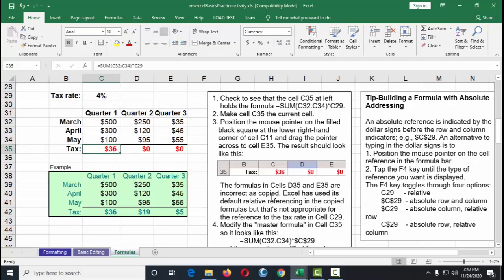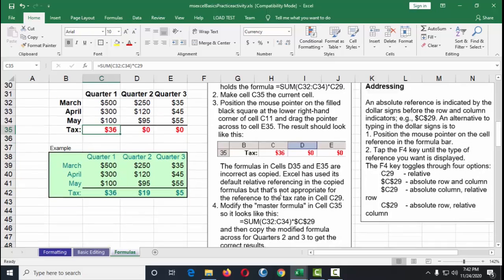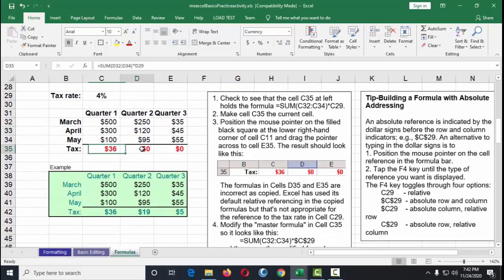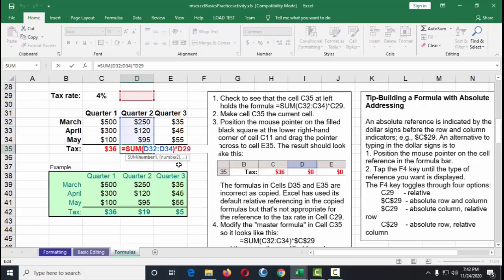So what's the solution for that, as we discussed in our previous activity? That is absolute referencing. So how do we do that? We click on this, and remember this is C29.